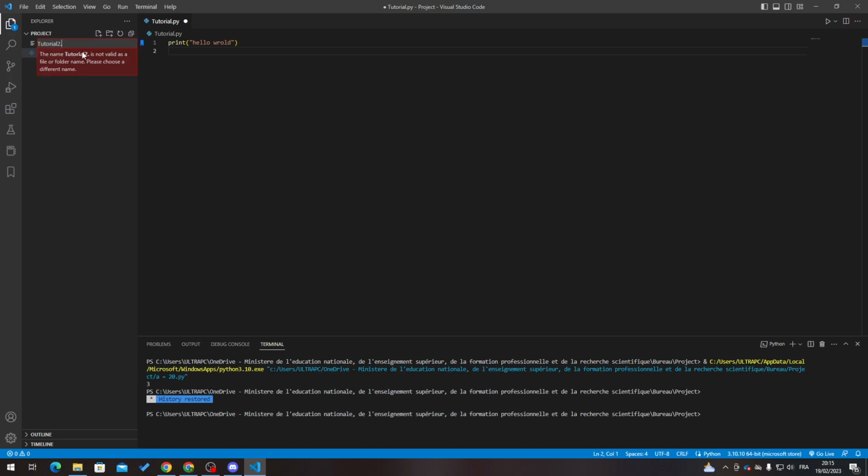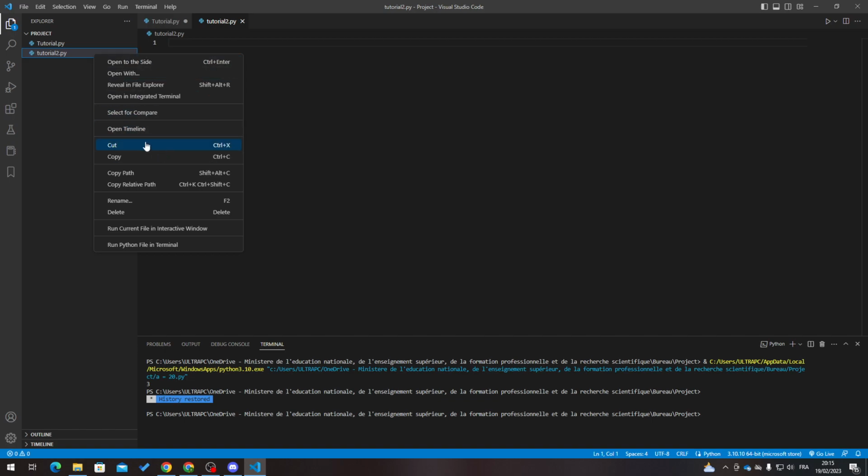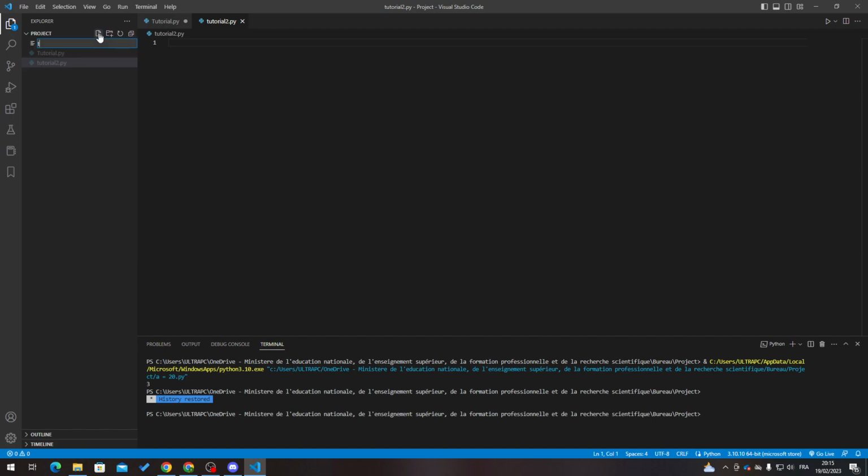tutorial 2.html and here I don't know. Let's remove this. Let's create here tutorial 2.py and let's open, for example, another one which is going to be tutorial 3.py. So here you can see I have printed hello world and here I will make something like a equals to 3